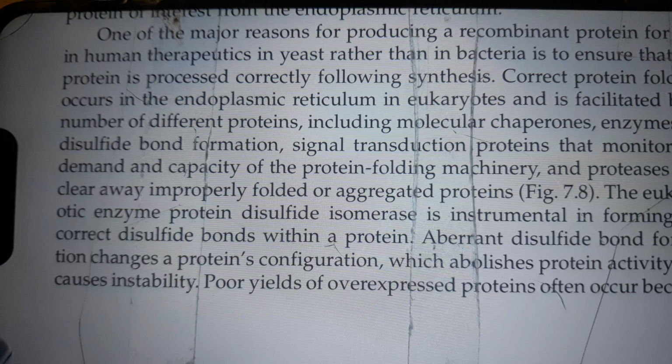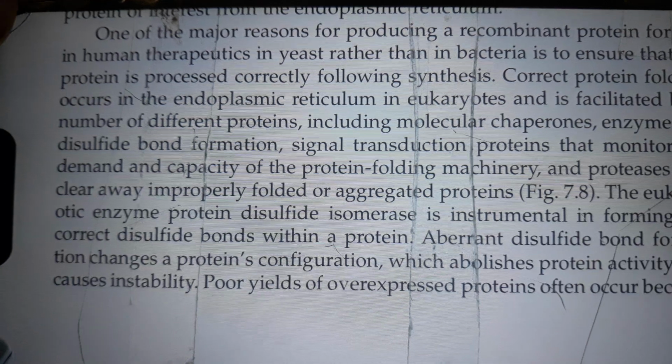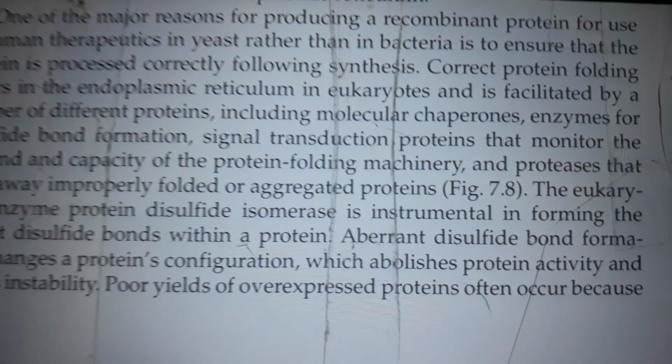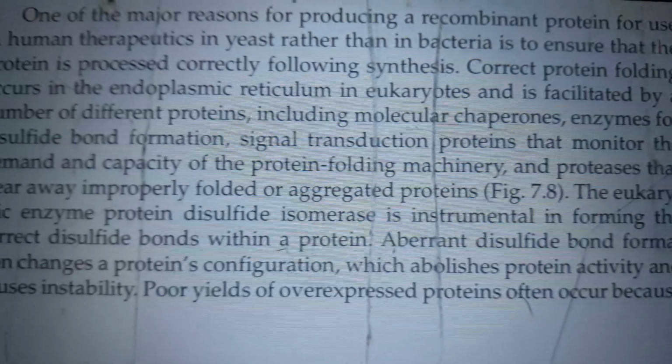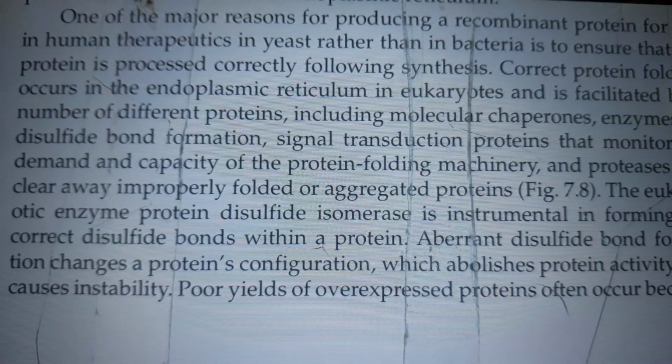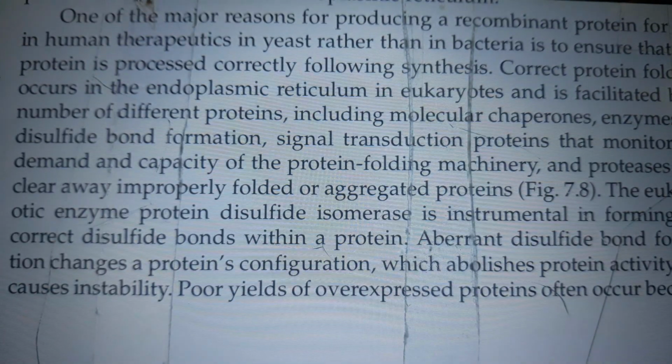The eukaryotic enzyme protein disulfide isomerase is instrumental in forming correct disulfide bonds within a protein. Aberrant disulfide bond formation changes the protein's configuration, which abolishes protein activity and causes instability, and poor yields of overexpressed proteins occur because